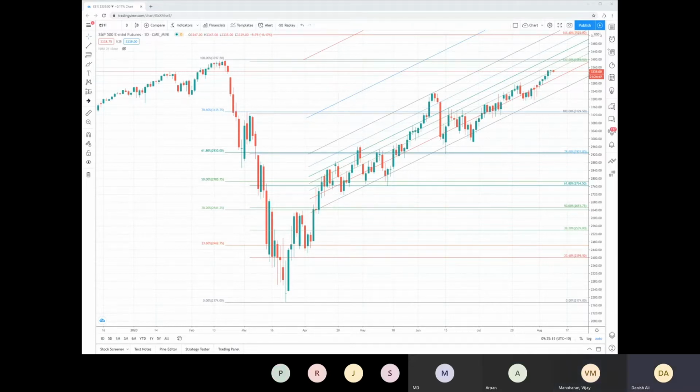ETFs are based on the same companies that are there in the index, but you can actually buy the share of the company. All those companies are weighted according to the weightage in the index, and that's how the ETFs are made. It's a bundle of companies that are representing the index. So futures, future options, index, and ETFs are related to each other loosely, but index is the base.